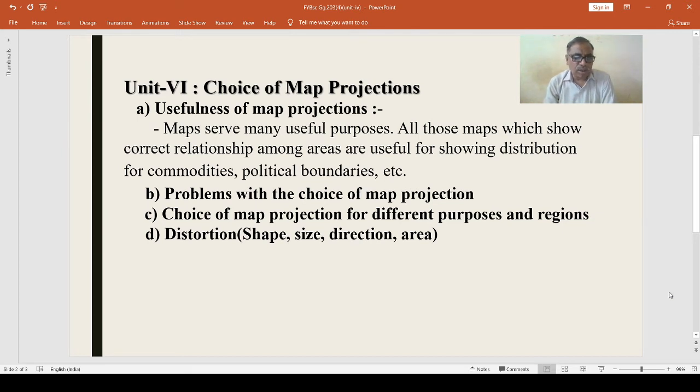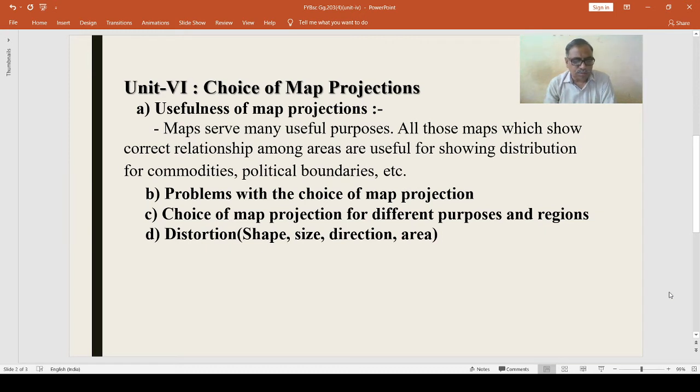Here, the purpose and suitable projection. Purpose is a world map. Suitable projection for the same is cylindrical equal area projection, Mollweide, and sinusoidal projection is suitable for showing or representing a world map. Then country or continents of polar regions. Equal area projections, zenithal polar equidistant projections are used to show the country or continents of polar regions.